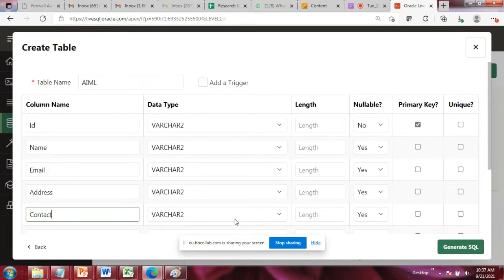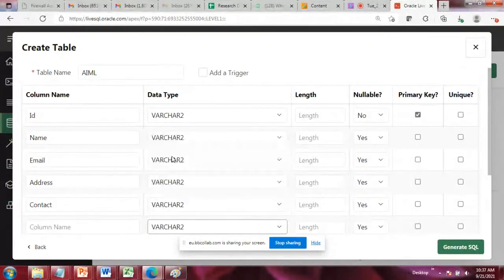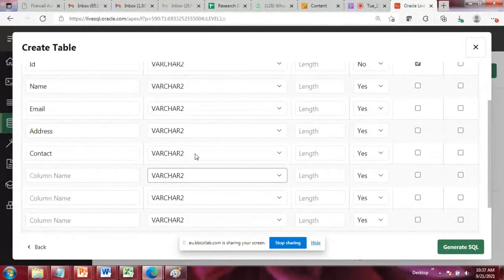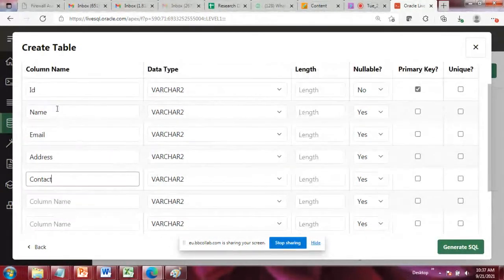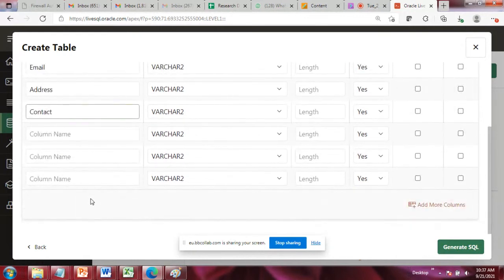Contact number can also be a number, but I have written it as varchar. See guys, one, two, three, four, five. Five fields I have taken in your table. If you want more, then you can write them here. And if these fields are still not sufficient, you can add some more to your table.